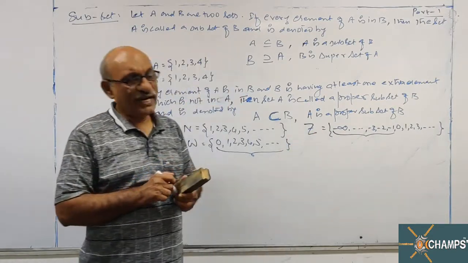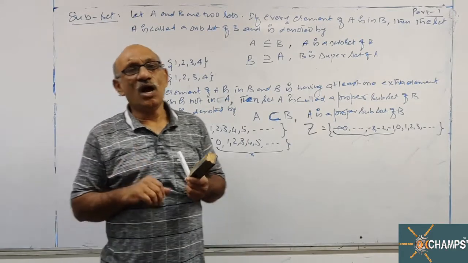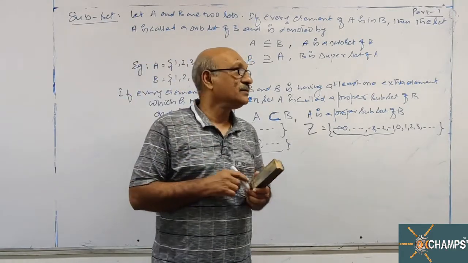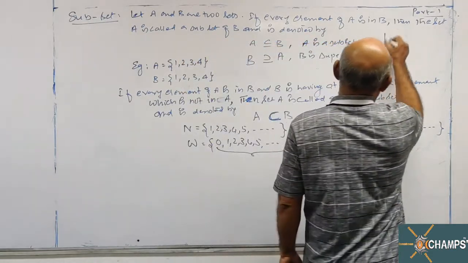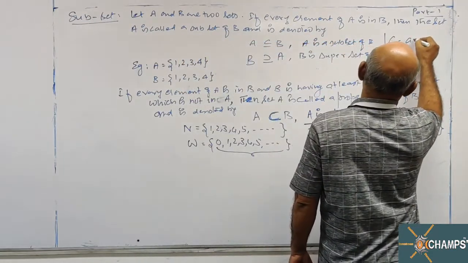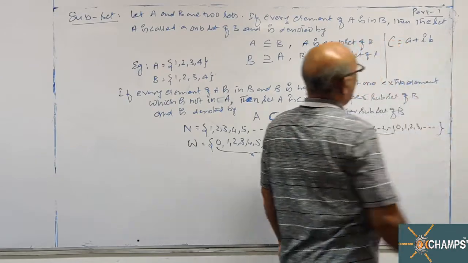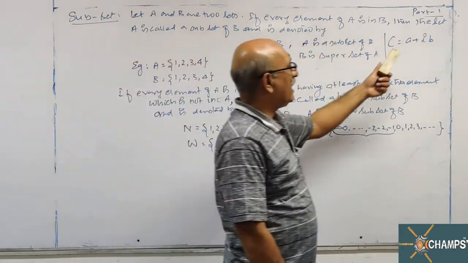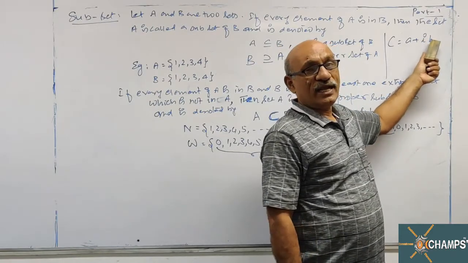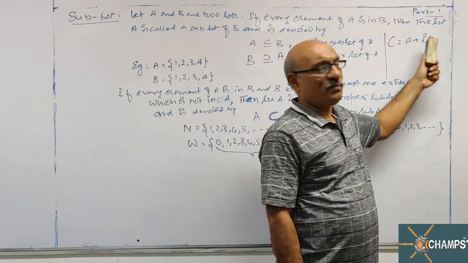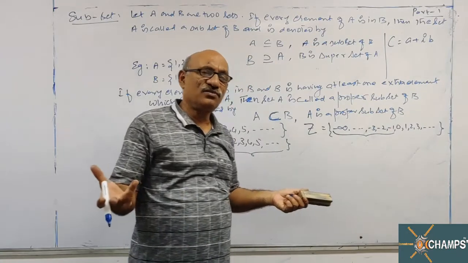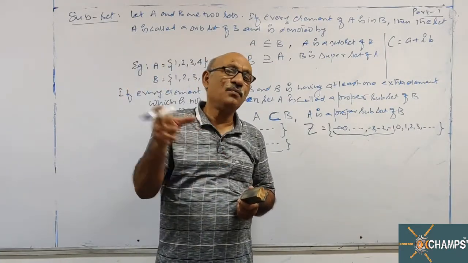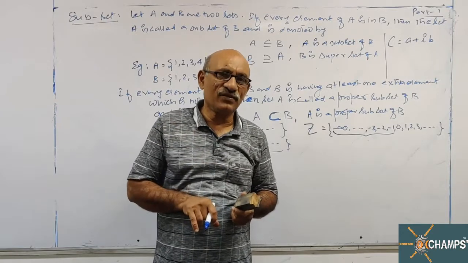In the same manner, complex numbers are having real part as well as imaginary part. Complex number means a number which is of the type a plus ib. A is the real part and second one ib is called imaginary part. So real numbers does not have imaginary part. Therefore, real numbers are proper subset of complex numbers.